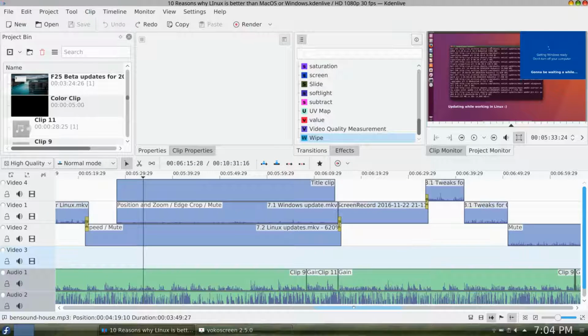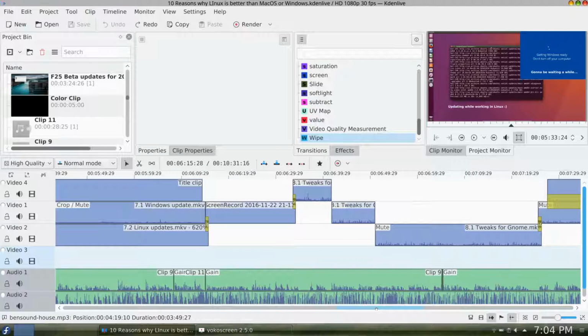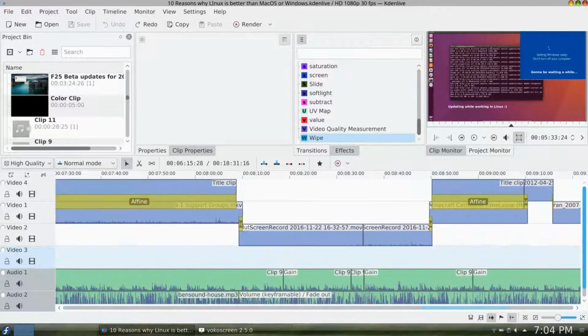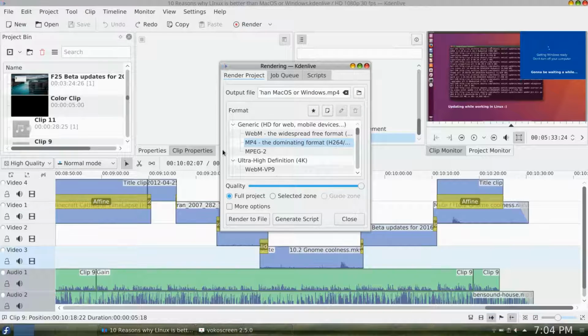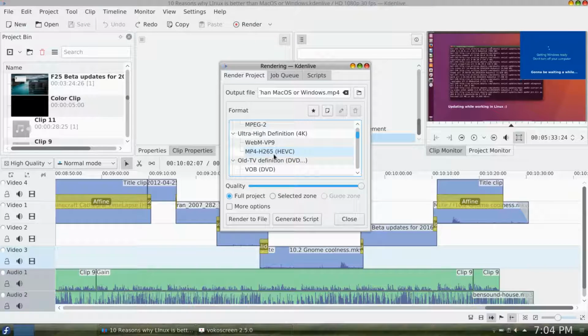So there's some good things about Kdenlive, such as when you go to render, you have a bunch of different choices. Now I usually just use MPEG-4 because I know it'll work just fine when I upload it, but there are other choices you can make. Now if you set up a template, you can choose what type of quality of video that you want to set up. You could do DVD if you want,